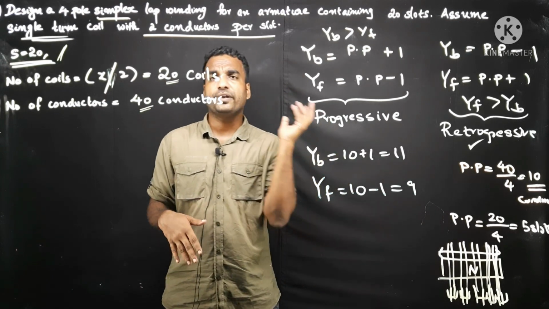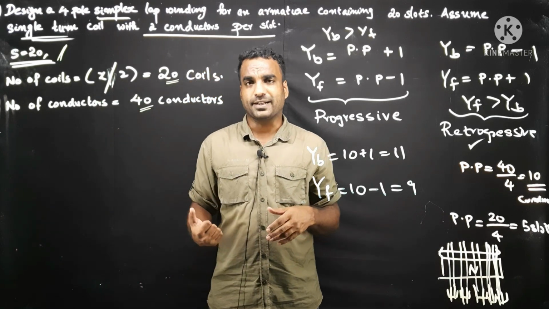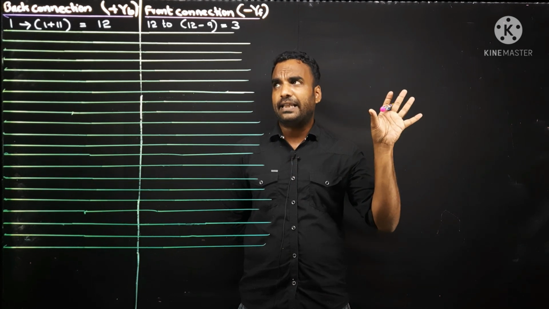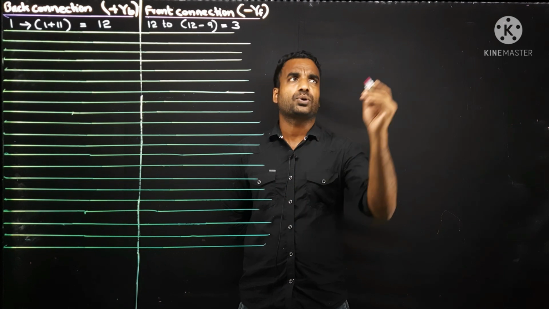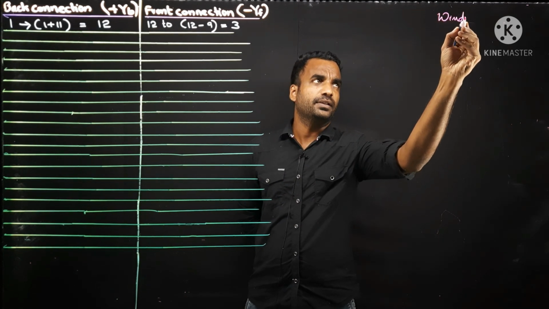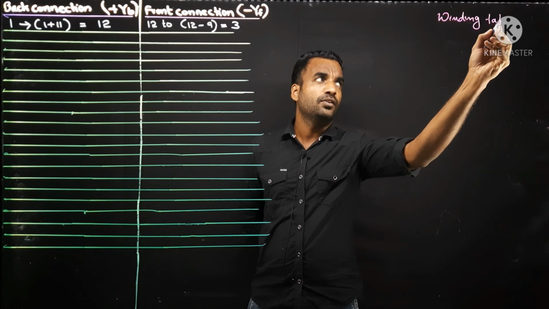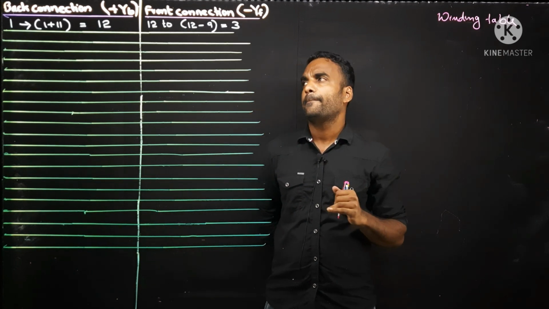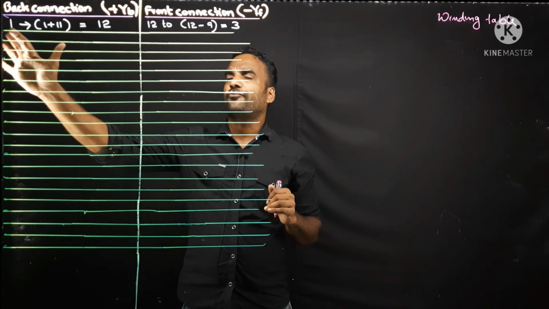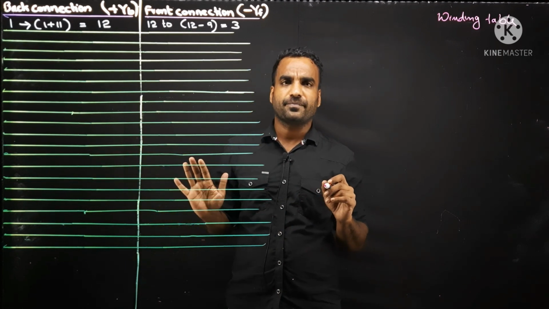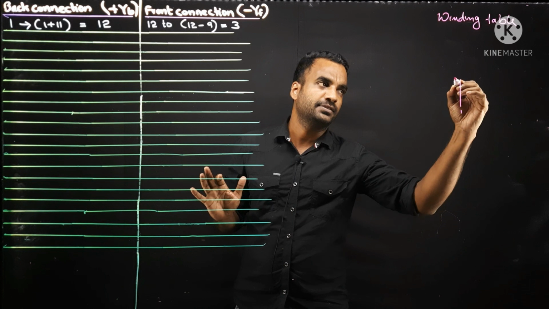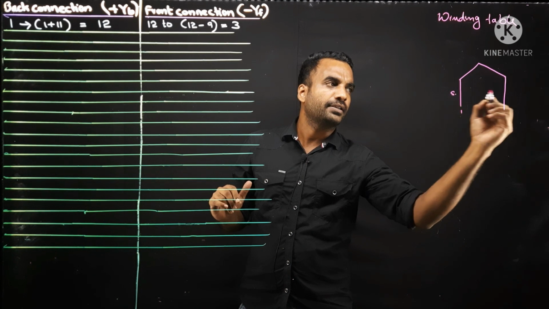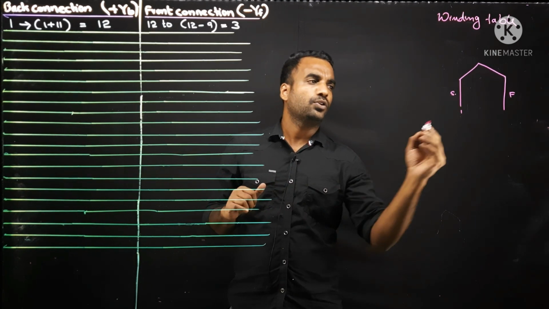Okay, so now we are moving into the winding table concept. Now we are trying to arrange the data in a table, and this table is known as the winding table, where we will get all the data related to a machine's winding. Okay, so we are starting from the first conductor. Everyone knows that the procedure will start from the first conductor like this, and it will go to some other conductor. This is the starting end and this is the finishing end. This is the first coil. So we know that we will start from 1.